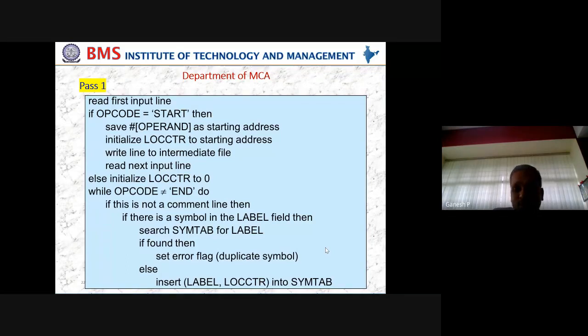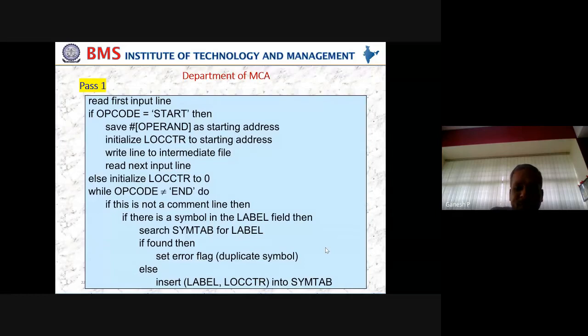While adding, we have to be very clear that, as I said earlier, symbols should be unique. If I say LOOP, I should not have LOOP again. I may have LOOP1 or A LOOP, B LOOP, some different name. They are like your data types, they should be unique. I can't declare int a comma a because you'll get an error. Similarly, I cannot write the same loop or same label again in the same program. So I can have only one name for a given label, and a different label should have a different name.